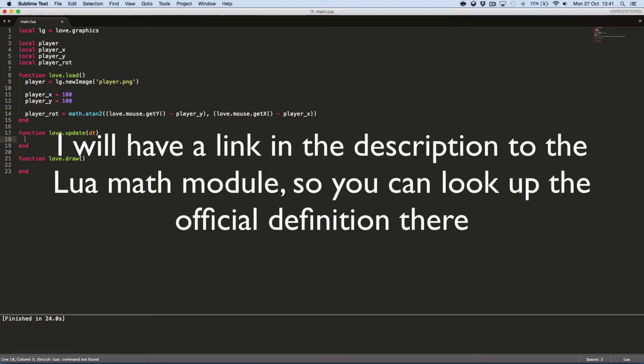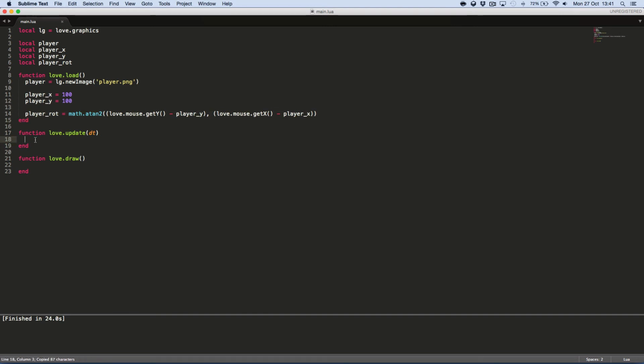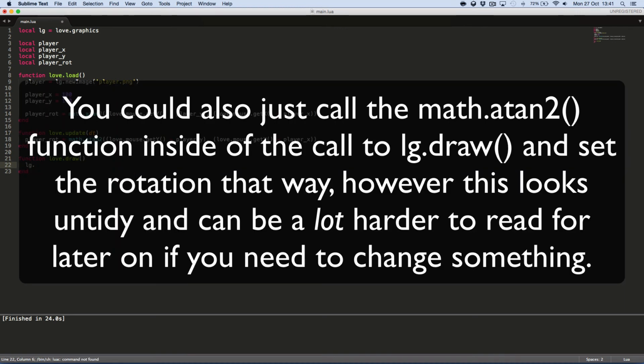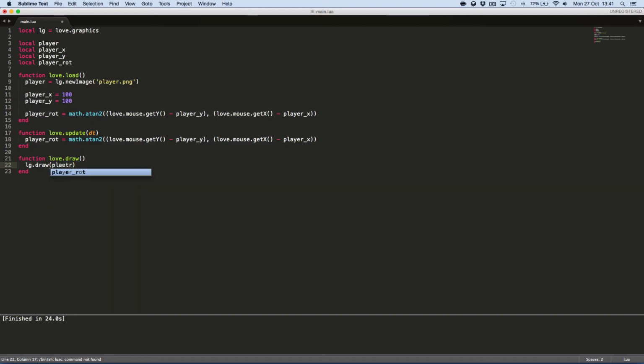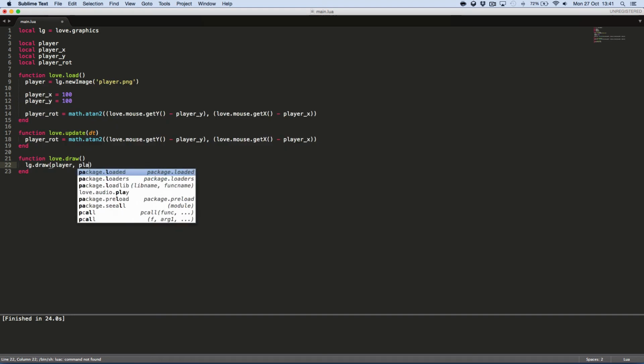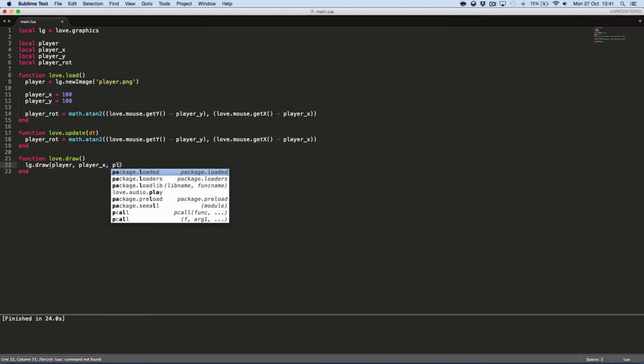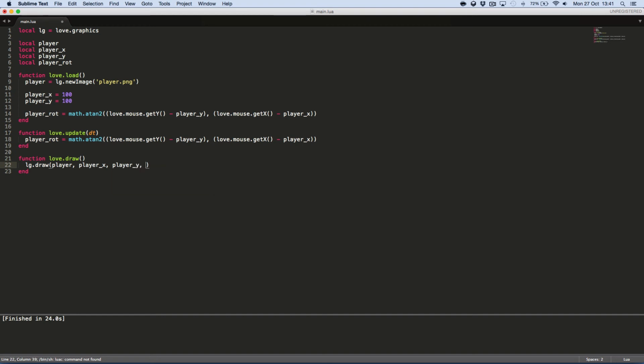And then we want to just put that into love.update, so it updates every frame, because of course we can't just have it not update, because then it's only looking at where the mouse was whenever the game loaded, whenever love.load was called, unless you want that. So let's say lg.draw with our handy new shortcut, player at player X and player Y